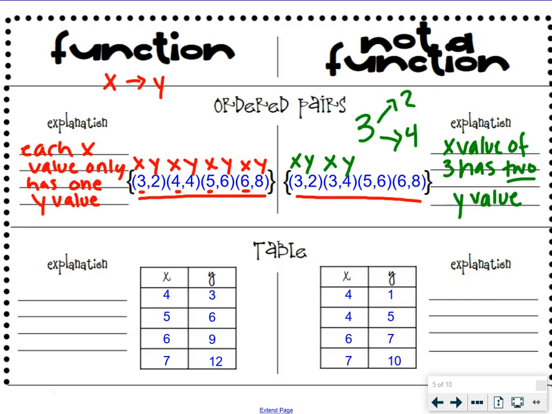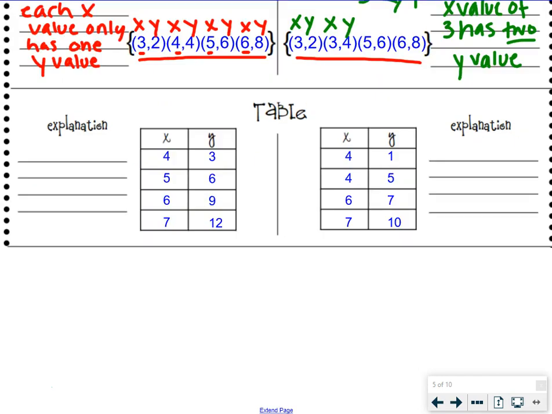A function means each x value only gets one y value. It can only have a 1 value that would come out for y. So that's what we'll be looking at for each of these. So if we look down at a table, on the function side, we should only see each x value one time. So if we look, 4 is only listed once, 5, 6, and 7, and they're each going to their own